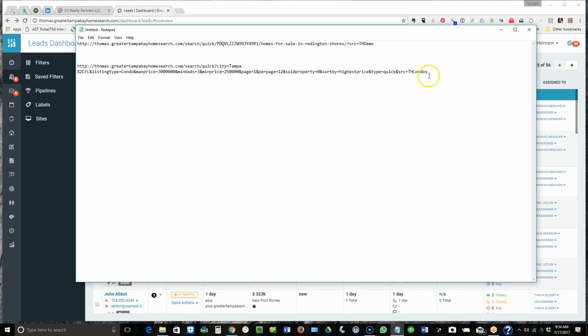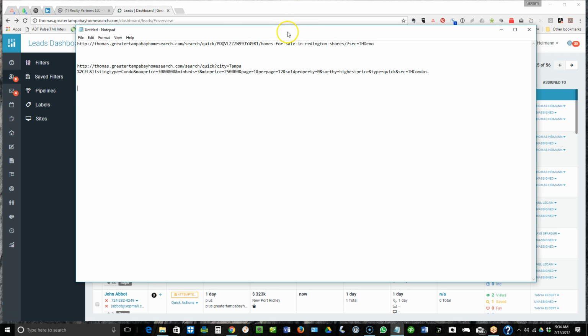So at the very end, your source code at this point would just be &src equals blah, blah, blah. Up here, that doesn't work. You can't just have &src equals, because there is no question mark yet that tells the server now we have a bunch of parameters coming. So up here, if there is no question mark and other stuff, then you would put /?src. Down here, we put &src equals. So you just got to test it,